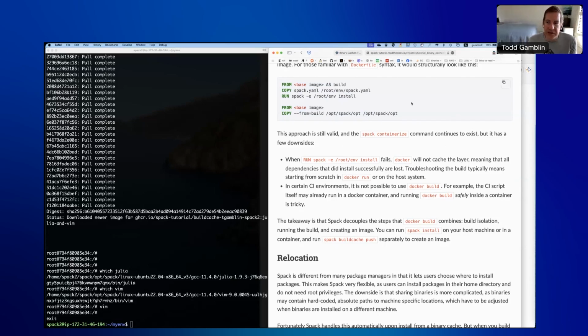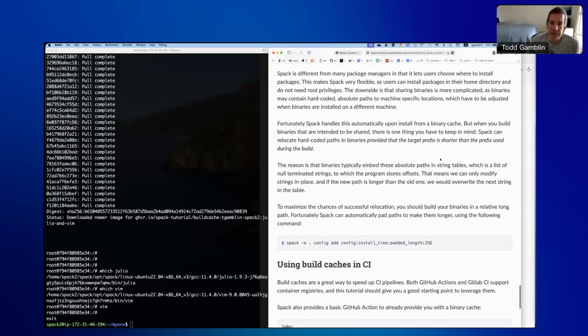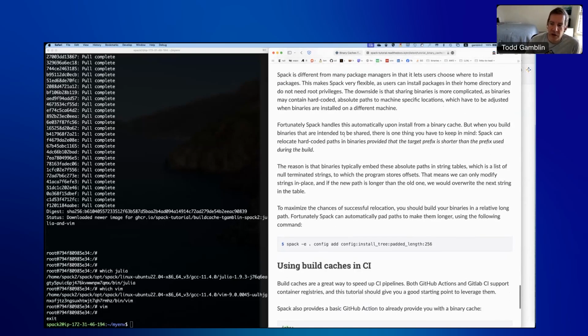But we do have this Spack containerize thing as an option if you want to make a container from a Spack environment with a known Dockerfile to build with. So there's a trade-off between those two. I'm happy to answer questions about when you would use one versus the other, but just keep that in mind. All right. The final thing that I'll note is